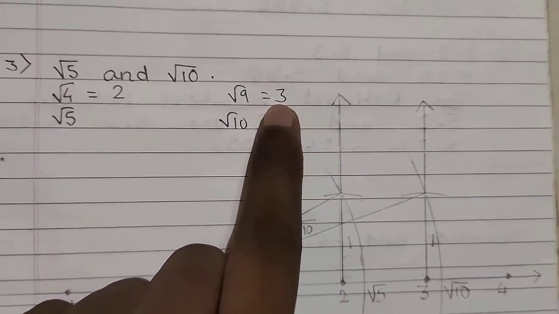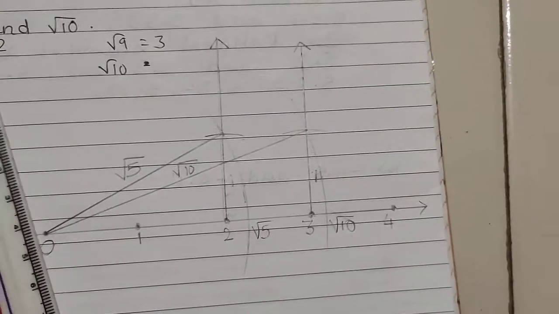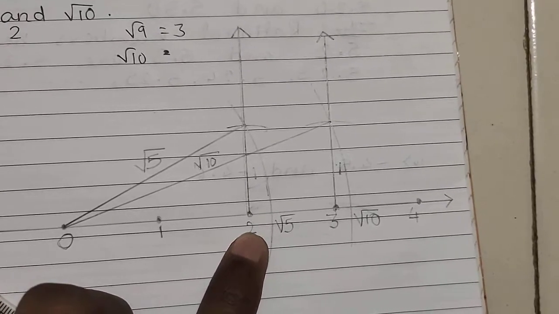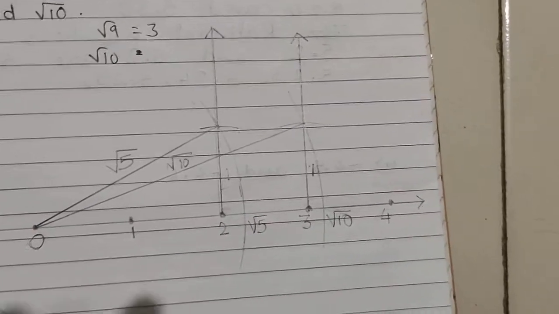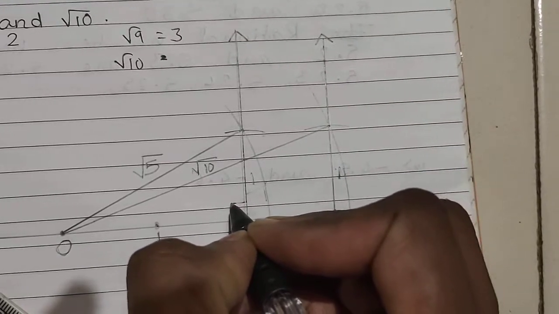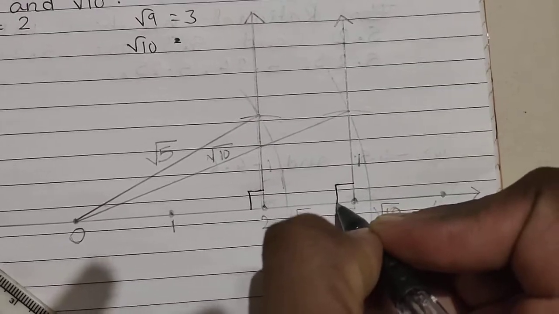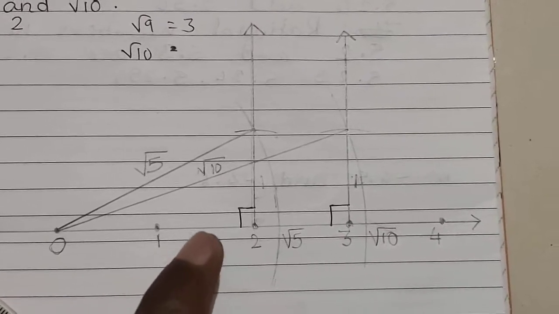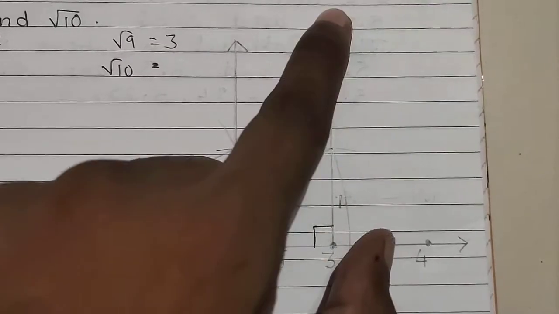So that is why what you are going to do, first you are going to use your protractor, or you can say D, and make a 90 degree angle at 2 as well as at point 3. So remember what you need to do, you need to make 90 degree here. For that purpose you are going to use your D. I am expecting that you should be able to draw this. So first you are going to make 90 degree over here.